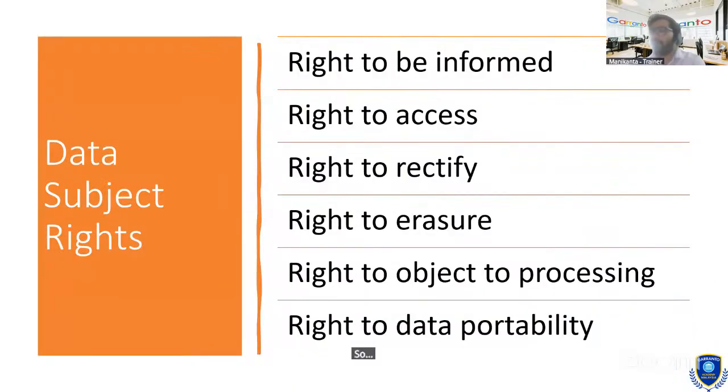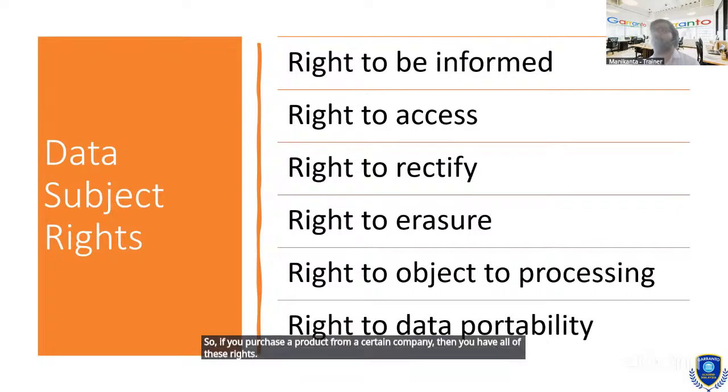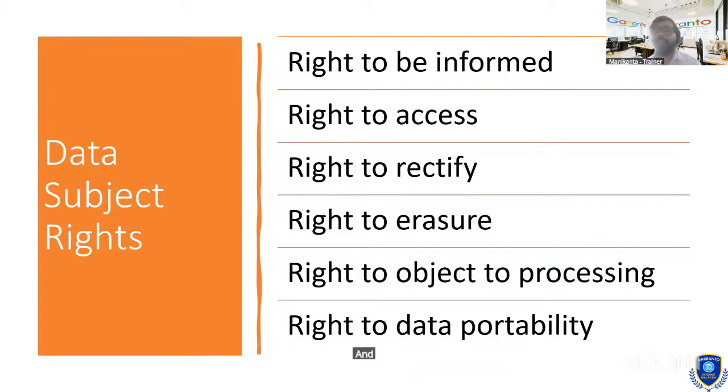So now these are the rights that someone has if you are a customer of a product. If you purchase a product from a certain company, then you have all of these rights. And to make sure all of these get fulfilled, that's the DPO's role. So this is called a data subject access request. So if you are a DPO